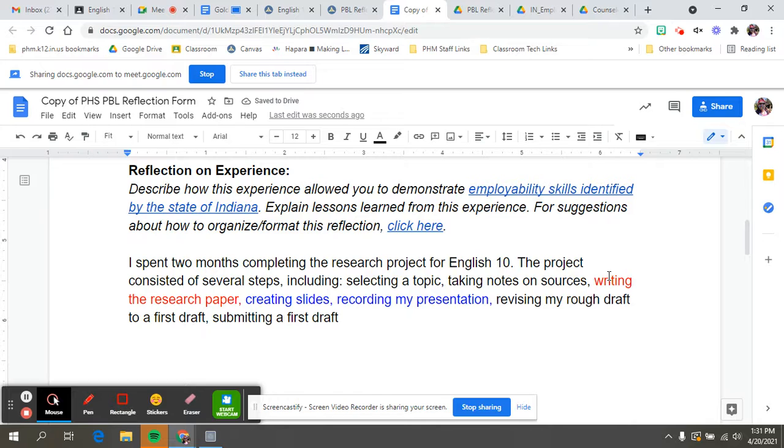So far I've listed selecting a topic, taking notes on sources, writing the research paper if you wrote the research paper, or creating slides and recording my presentation if you did a presentation. Then everybody's going to list revising my rough draft to a first draft, submitting a first draft,